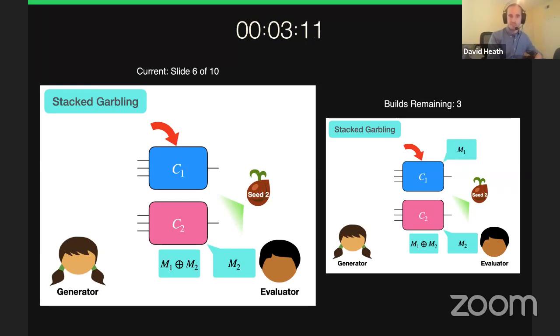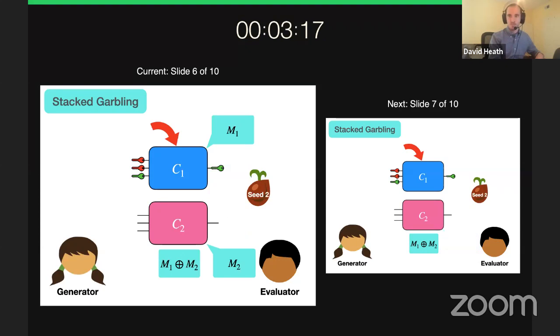Given these two pieces of material, he can use bitwise XOR to extract the material for the taken branch and then evaluate as normal. Of course, the key problem is that the evaluator is not supposed to know which branch is taken. In our approach, we resolve this by having the evaluator symmetrically attempt to evaluate both branches.